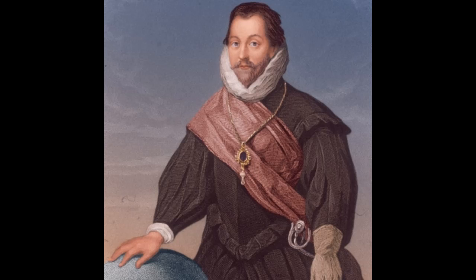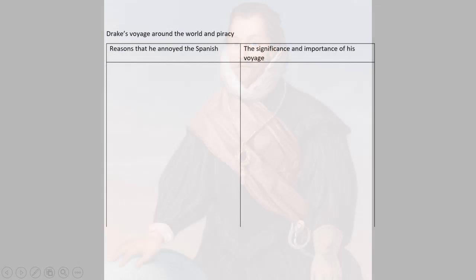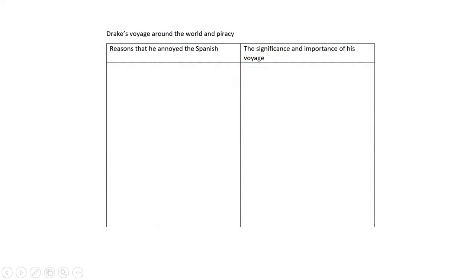You're going to watch a clip in a moment which talks about Francis Drake's circumnavigation of the globe, and you are then going to read some information in your lesson notes book, and you're going to complete the table on page 7, which looks an awful lot like that. It asks you to think about Drake's voyage around the world and his piracy, and it asks you to consider two things. Reasons that he annoyed the Spanish, so things that he did which would have annoyed the Spanish,